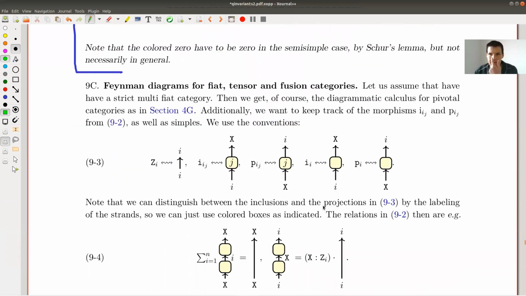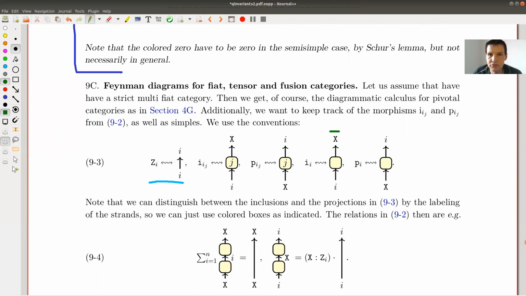Okay, so let's go back to diagrammatics. What I just showed you is, well, we have idempotents in our categories, so we should include them in the diagrammatics. And that's what I'm going to do. So we put idempotents into diagrammatics, and the convention is Z is still the arrow pointing upwards from I to I. We are now in the setup generally of some fiat category with some indecomposables. And the extra morphisms that are important are